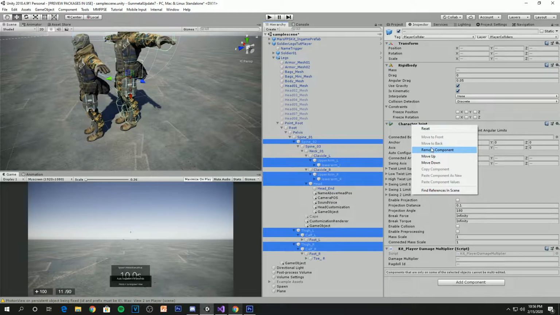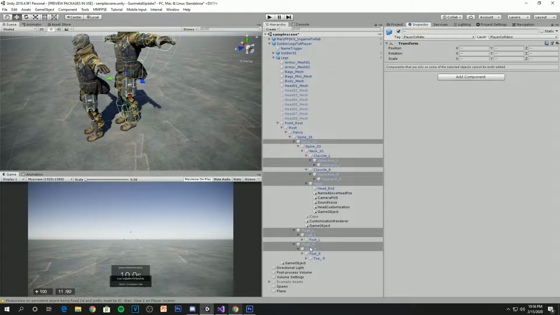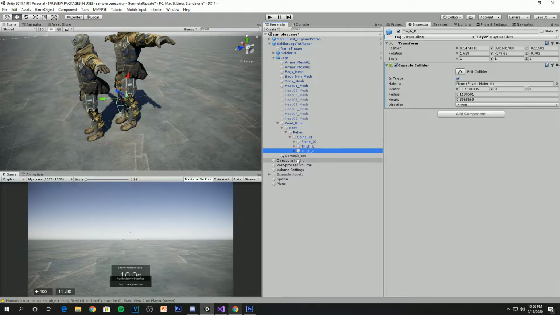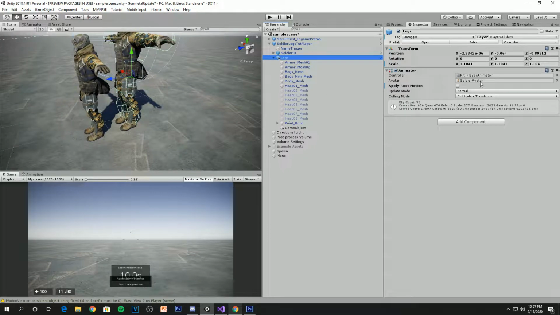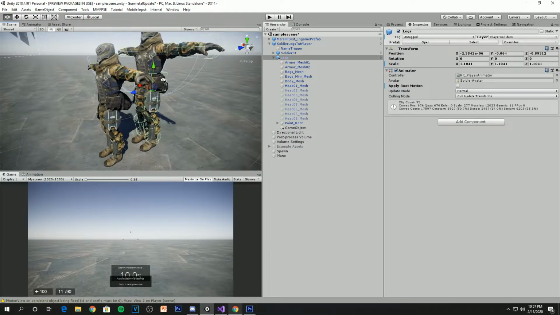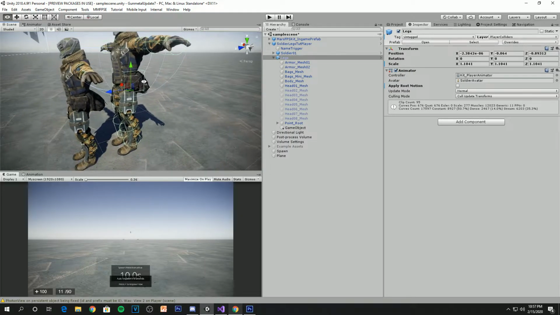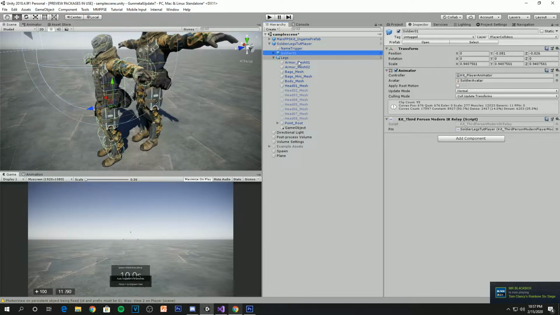Okay, and once you're here, you just remove everything assigned to it. This is just good to clean up the model, so it's just the model, and that's it. All right, so if you try to play the game at this point, it's not going to animate this object in the background, this duplicate of the player model, because it only animates the one that is the primary player